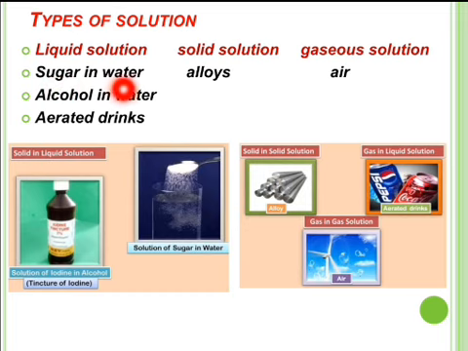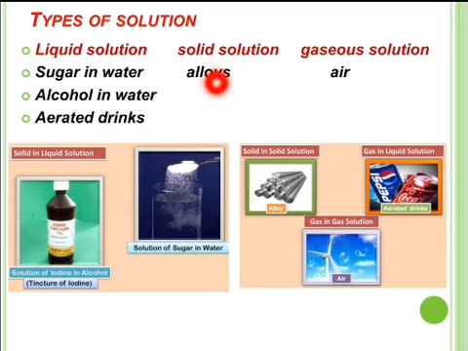And in the first case, sugar, which is solid, that is the solute, is dissolved in solvent, that is water. Alcohol, which is liquid in state, is dissolved as a solute in solvent, that is water. In aerated drinks, carbon dioxide, which is gaseous in state, is taken as solute and dissolved in water as solvent. So solvent is one, that is liquid, but in that liquid, solid, liquid or gaseous state of matter can be dissolved easily. And in all these cases, what are we preparing? We are preparing liquid solution by adding solid in water, by adding liquid in water, by adding gases in water.